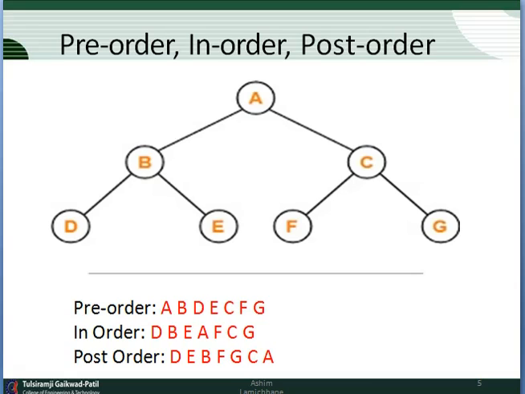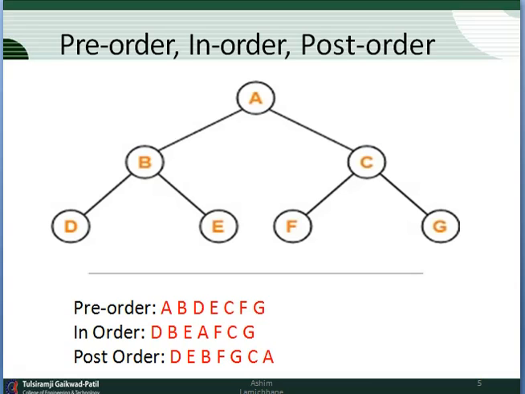The same thing relates to in-order. In-order means the root will be in the middle. So the extreme leftmost element of the given tree will be visited first. The extreme left node of the tree is D. Then in-order means the root of D is B. So after D there will be B and then E. D, B, E means the left subtree, then we come back to the main root, that is A. D, B, E, A. At last on the right hand side, again the same process. The leftmost of the right subtree will be F, then C, and then G.